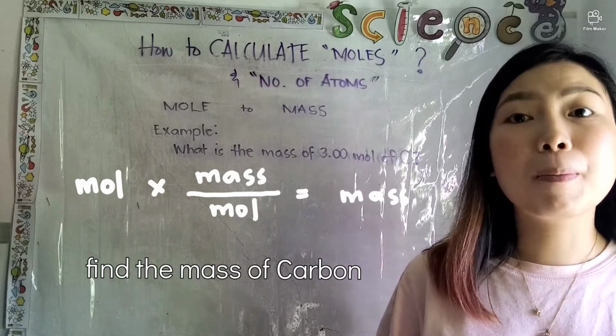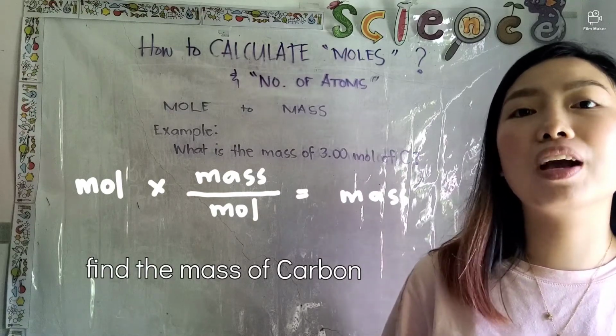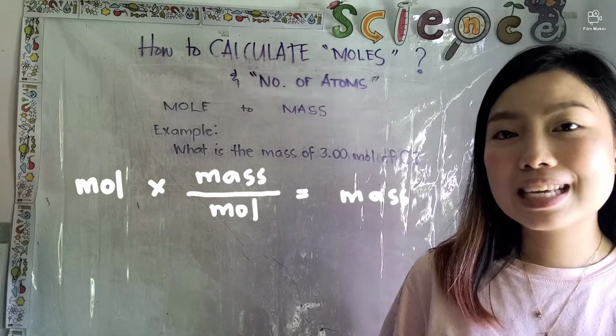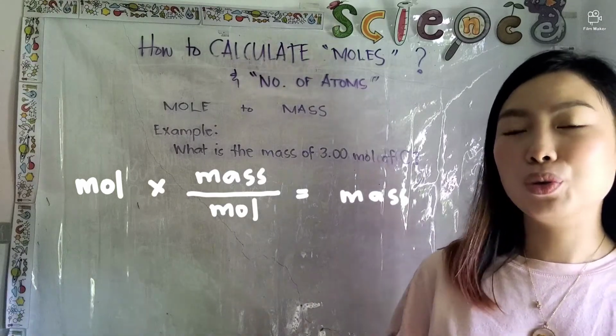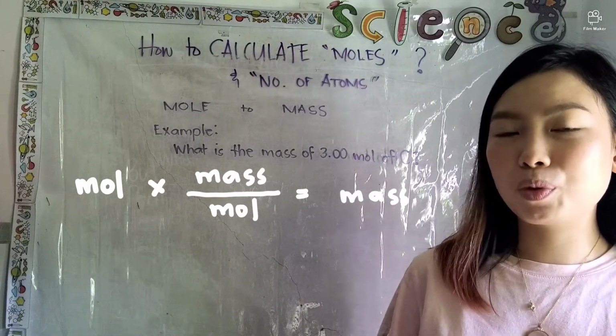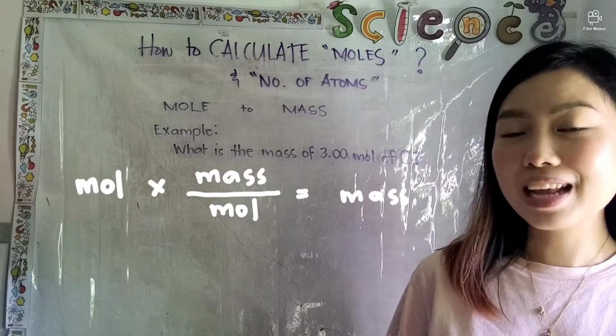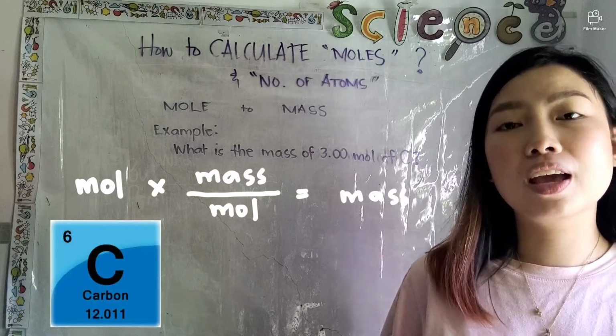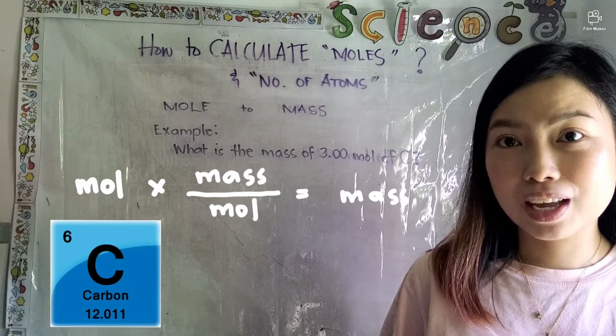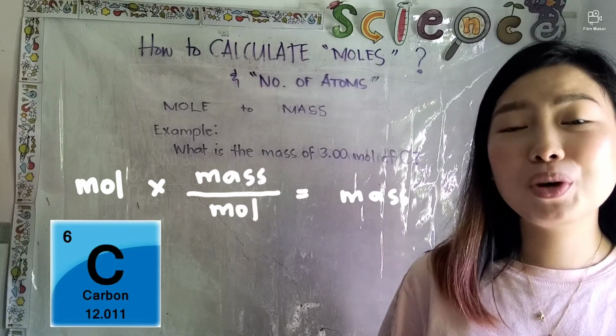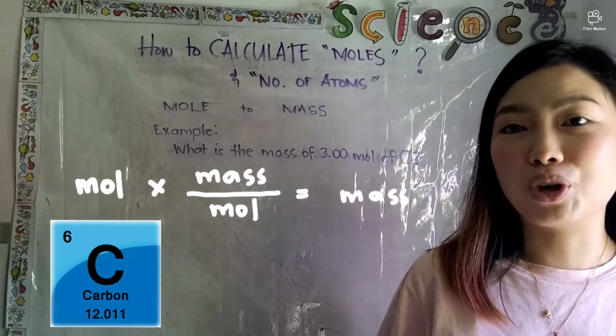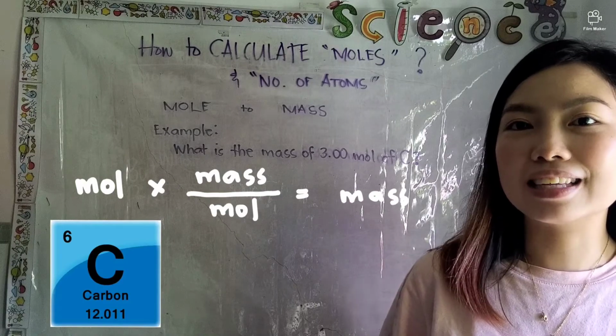So to find the mass of carbon, you have to look at a periodic table to see its mass. So looking at the periodic table, we'll find C has a mass of 12.01 grams. So yung mass ng carbon na 12.01 na nakita natin sa periodic table, ang siyang ilalagay natin na given